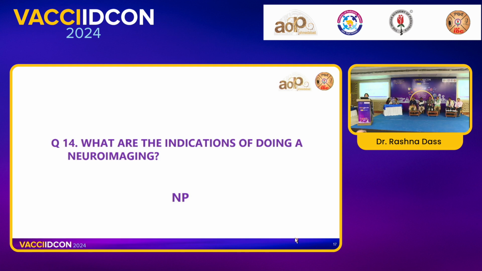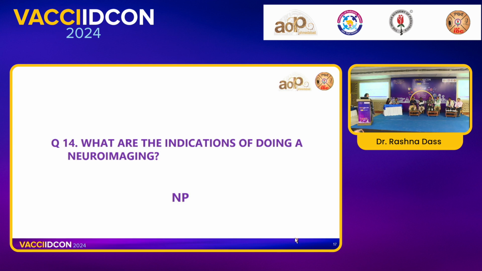Now, neuroimaging is not required in all the children. What we decide is which children would require it in an emergency. Any child who has deteriorated rapidly, any child who has focal signs or focal seizures. Why this is important is that whenever there is focality, there is usually some SOL or something affecting the brain on a unilateral side.